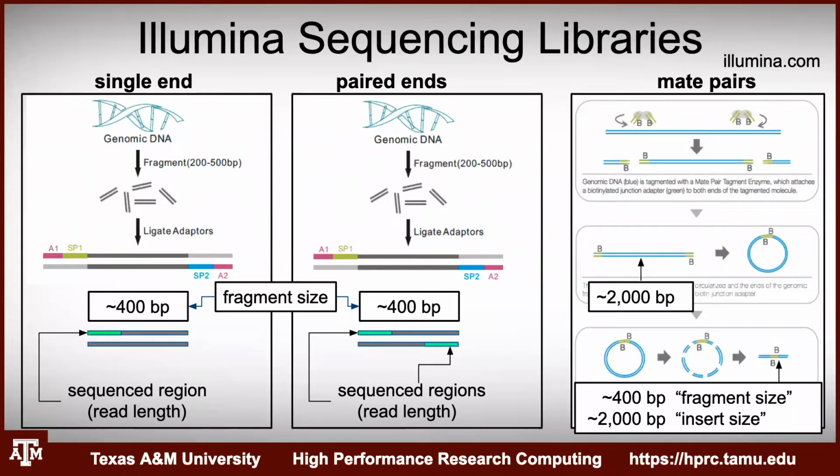And what that looks like for single end runs with these base pair fragments, this green portion here is what you'd be sequencing. So even though you have this 400 base pair fragment, you're only getting what here may be 100 base pairs. For paired end sequencing,